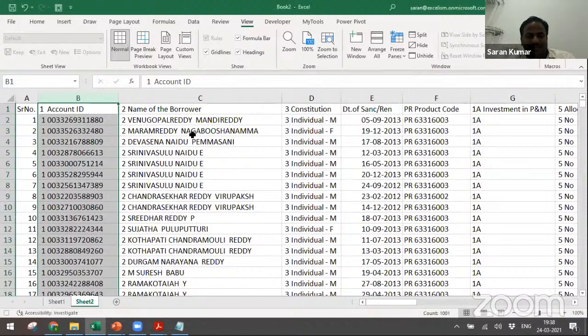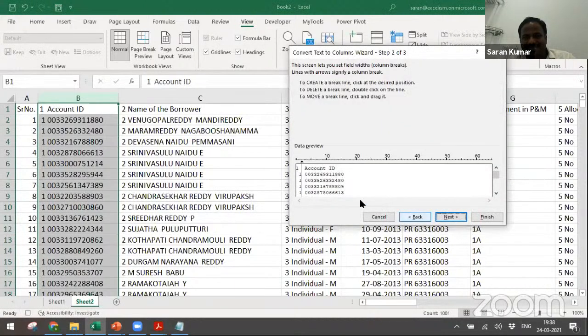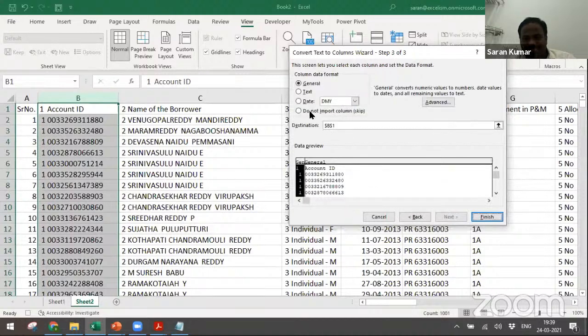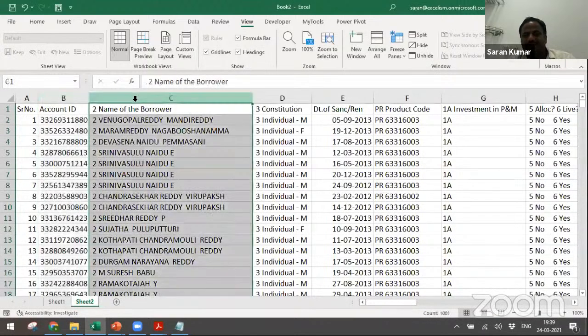What do you need to do? Select the entire text column, then go to fixed width, then go to the next, then take two digits. Make sure of that, why? Because there may be a chance the 10th serial number, 12th serial number is two digits. Then go to the next. Then I don't want to import this. Then click finish. Then once you click finish, make sure that you stop recording. Is there anything which I did extra? No. While doing the steps, before that I did record.